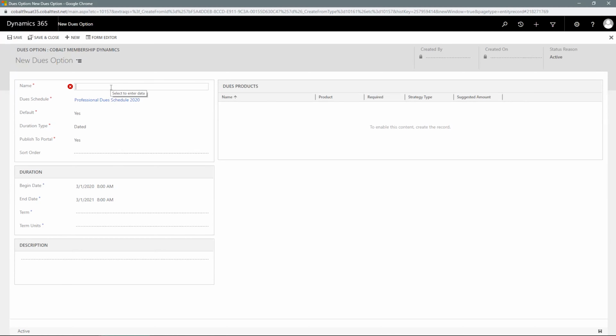For name, I'll choose Full Payment Option 1 year. I'll set default to yes. Note that every dues schedule needs one dues option to be the default. If I toggle the system to no,